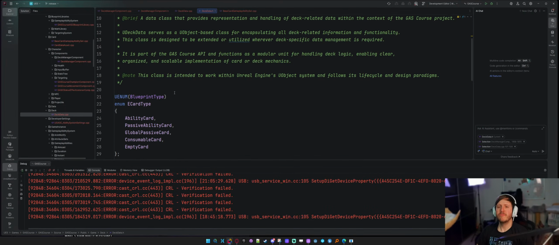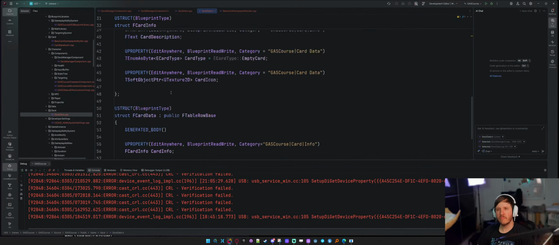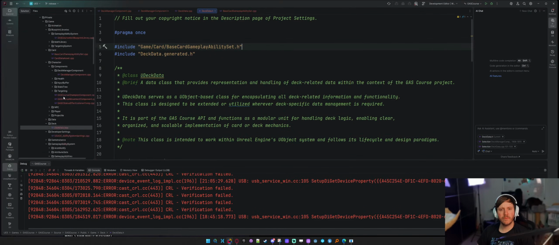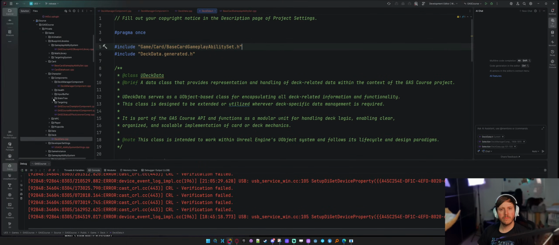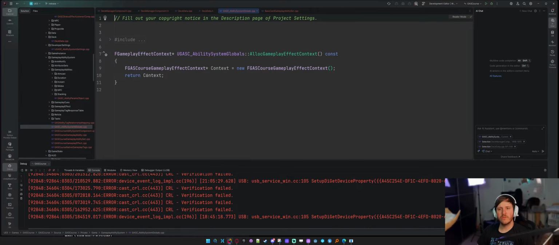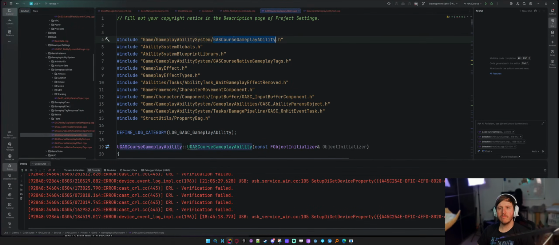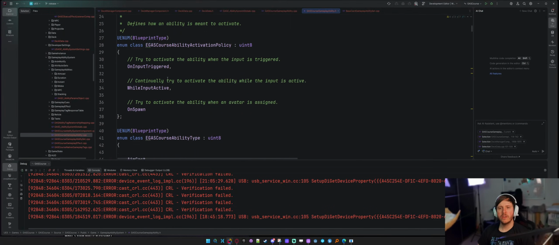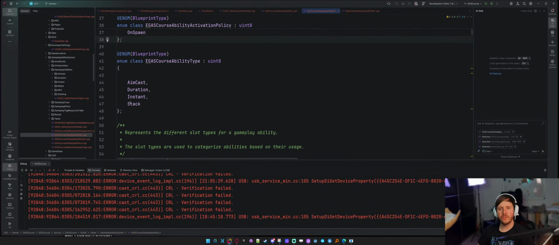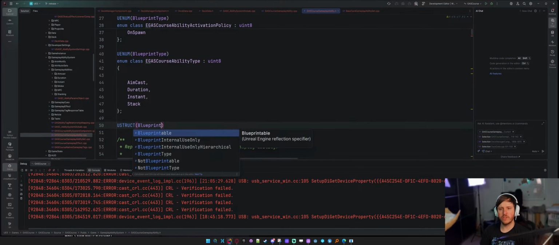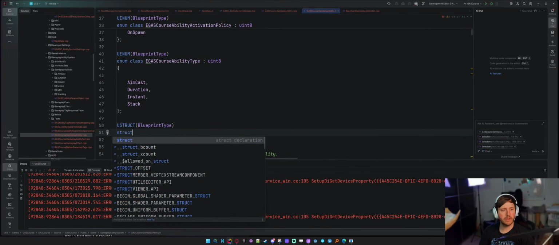So we need to go into, I don't know if deck data makes sense. Maybe it can be in the gameplay ability class, like the base one. There is like an ability systems globals. Maybe I need to make an ability globals or ability data. Nonetheless, we could just put it in here probably. So we can define this struct here as well. So let's do that. So use struct. I don't know if we ever want it to be blueprint type, but let's just do that. And then we just do struct F